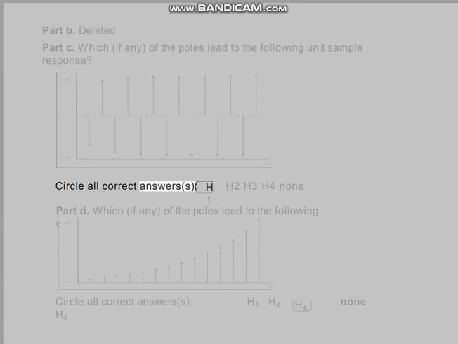Circle all correct answers as H1, H2, H3, H4, none. Part B, deleted. Part C. Which, if any, of the poles lead to the following unit sample response? Part D. Which, if any, of the poles lead to the following unit sample response? Circle